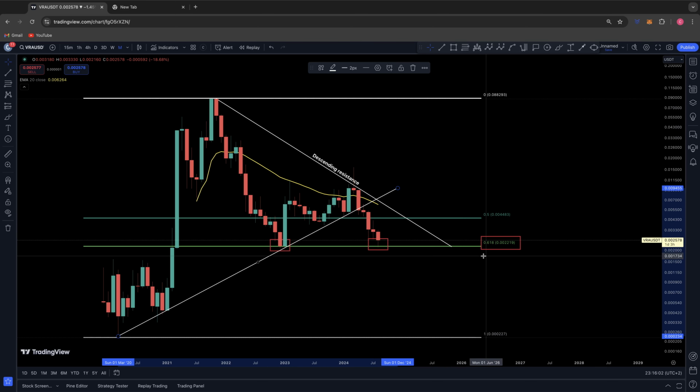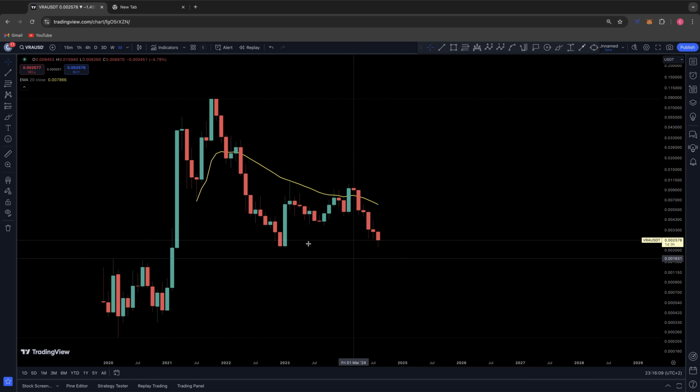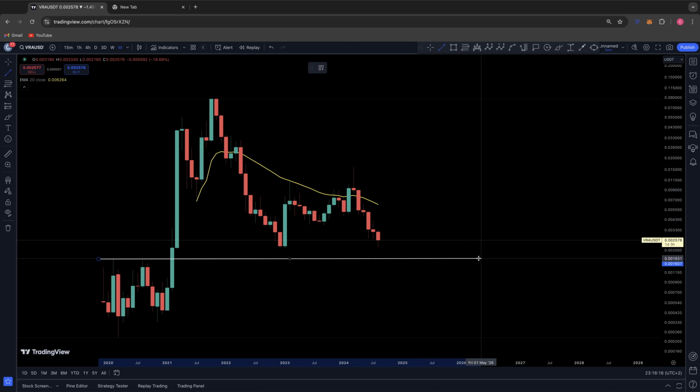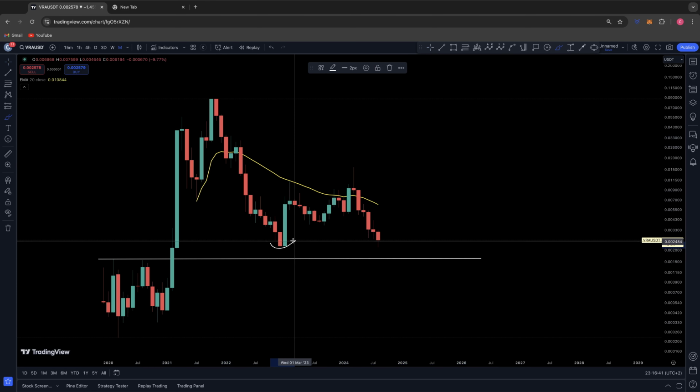So for me, it's all about holding this 0.0022. Failing to do so, there is another level of support that could come into play and a low where potentially we do put in some sort of deviation away from this low, and it does sit on this back test of previous resistance at 0.0015. But this would only be the play if we were to lose these current lows that we are holding this month, where we're potentially coming in for a double bottom. So the only way we could validate a retracement back down to this level is if we lose these lows that we are currently holding now at